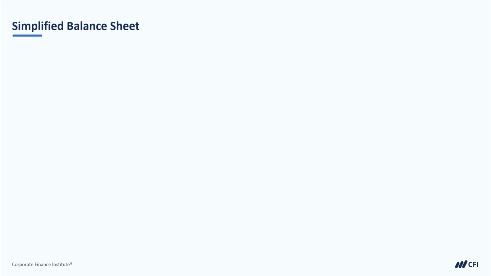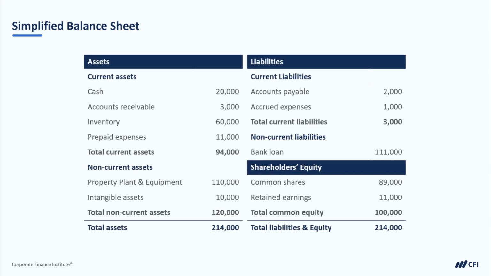Now let's take a look at the balance sheet in more detail. Here is a simplified balance sheet that contains the most commonly used accounts. One item to explore further is the separation of assets and liabilities into current and non-current items and different components of shareholders' equity. The balance sheet is separated into current and non-current sections on both the assets and liabilities side